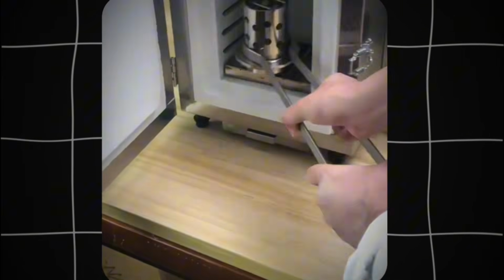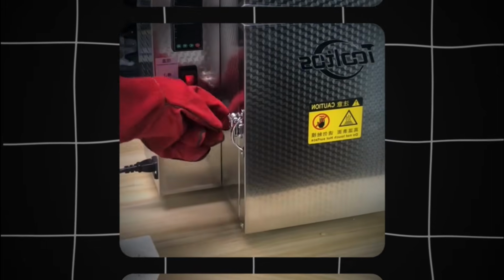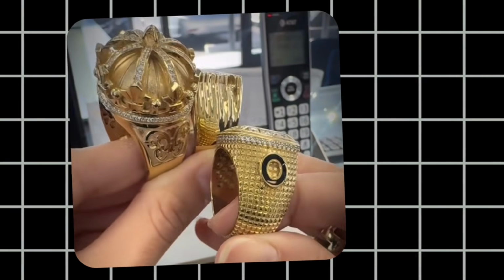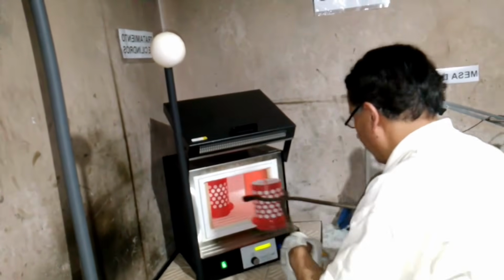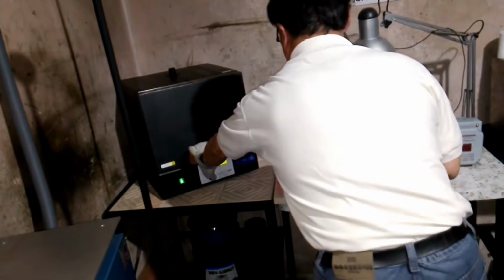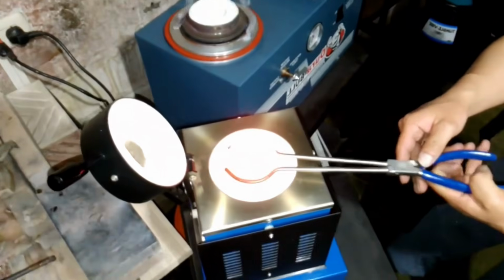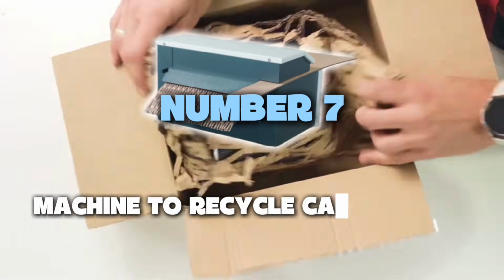This tool is a 10 out of 10, as it combines creativity with sustainability. You reduce waste and offer unique products. Perfect for selling on social media, at craft fairs, or to jewelry stores looking for exclusive pieces. A perfect venture for those who want to create, recycle, and generate income from home. Alright, if molding metals can turn the ordinary into something extraordinary, recycling cardboard might become an opportunity. Number 7. Machine to recycle